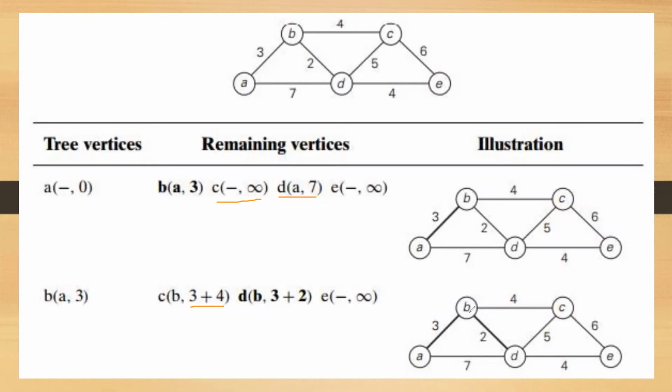Now via B, what is the new cost? What is the distance of B? Distance of B is 3, and plus 2. 3 plus 2 becomes 5. 3 plus 2 is 5, and now compare whether that 5 is lesser than 7. Okay, that 5 is lesser than 7. Yes, it is true, and hence we have to update D with the new value. Now keep in mind, if whatever distance you are adding is greater than the existing value, then you don't update the value, keep the value as it is.